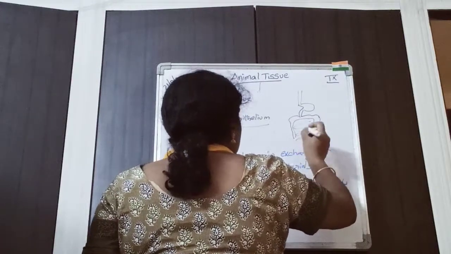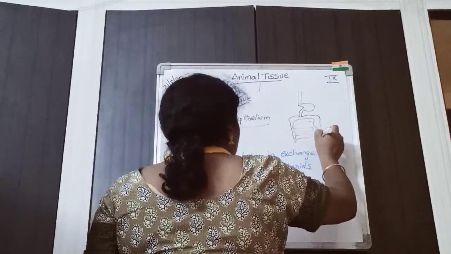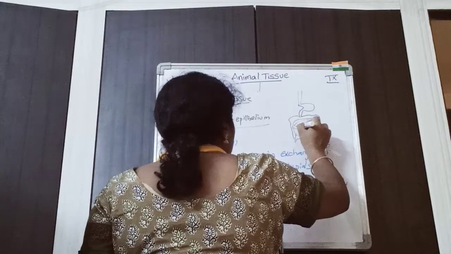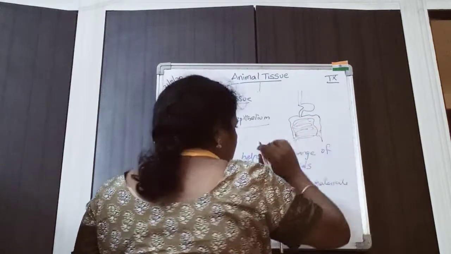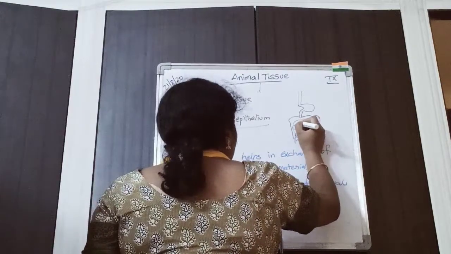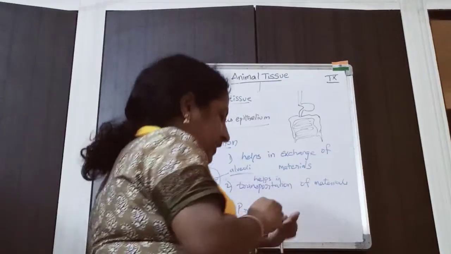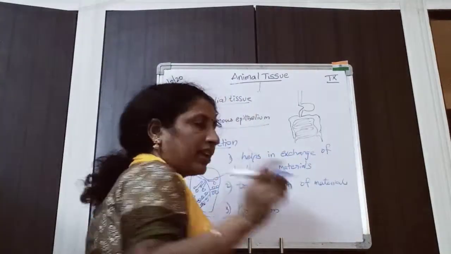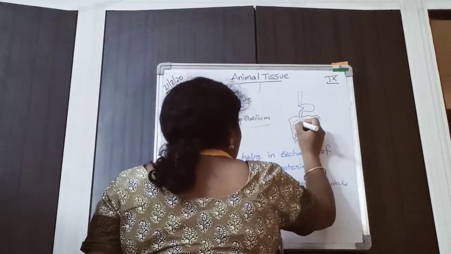This is our digestive system. Here our digestion gets completed. In the small intestine, complete digestion occurs. So whatever the nutrients are present, the nutrients that come from the food after digestion,